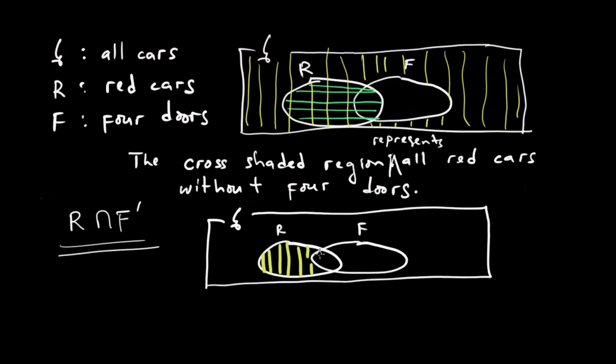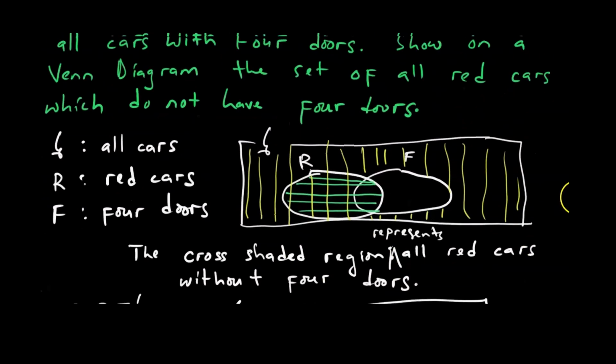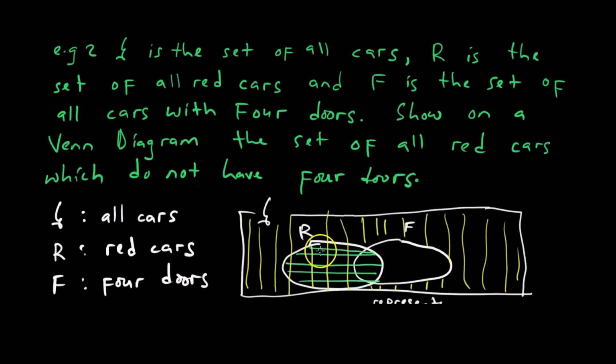So if we avoid that, then we shade inside the set of R. We have found our answer. Or this first method, which is more technical now, is that